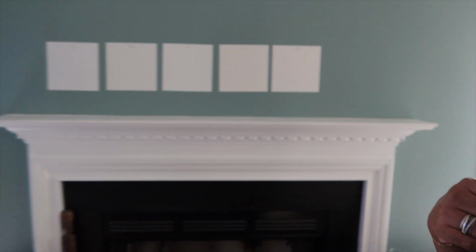And then also today we are going to be removing this fireplace. So if you've seen my Brimfield flea market video, you know that I purchased a new fireplace mantle that we are going to be putting here. This one is just a very generic, builder's grade fireplace that I just didn't love, and I definitely wanted to add some